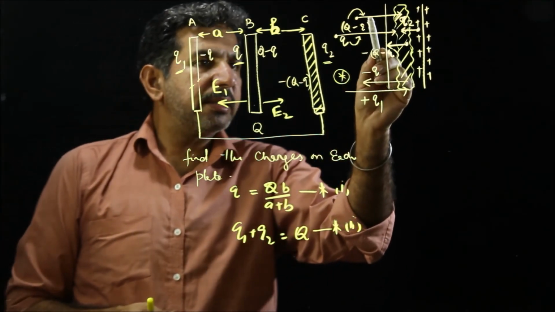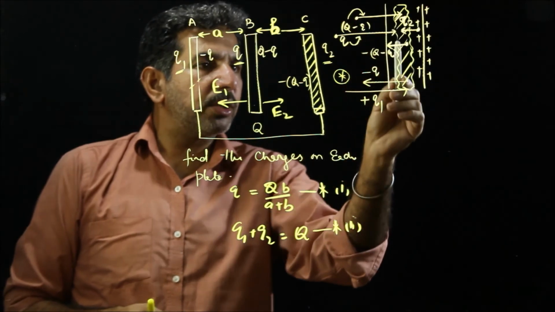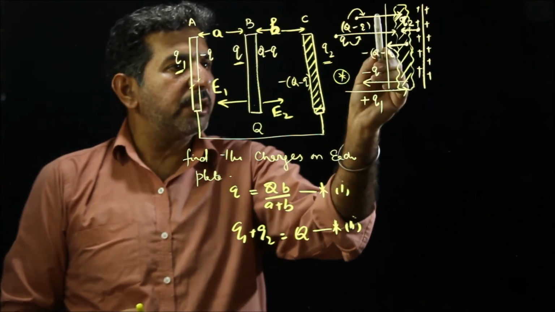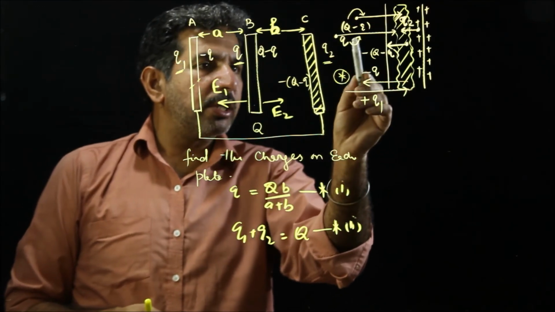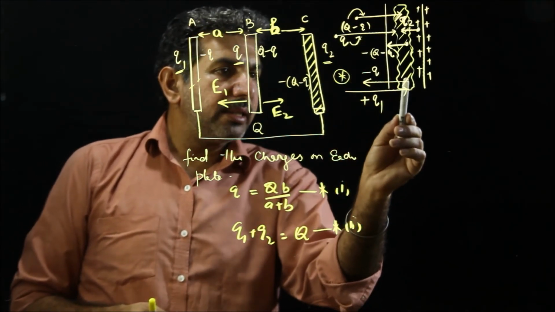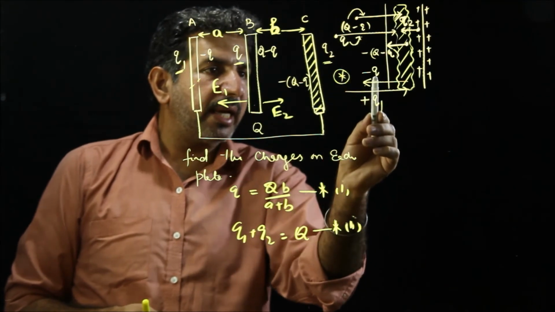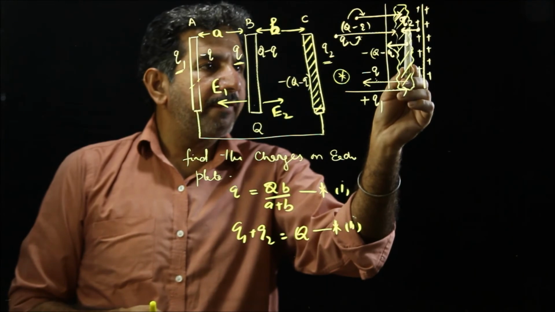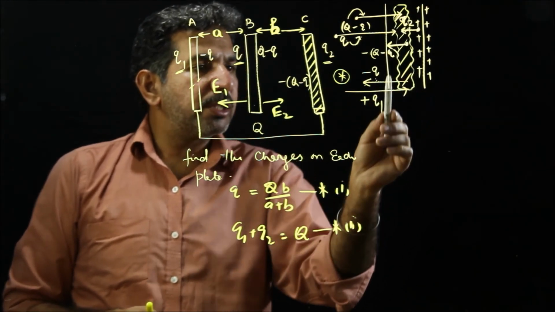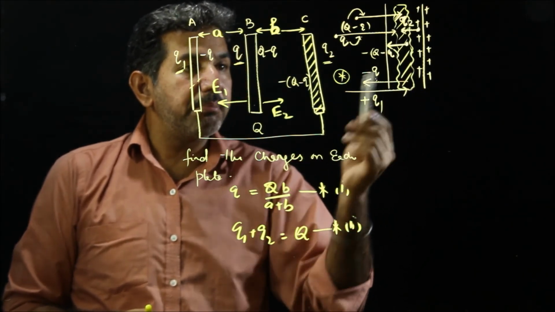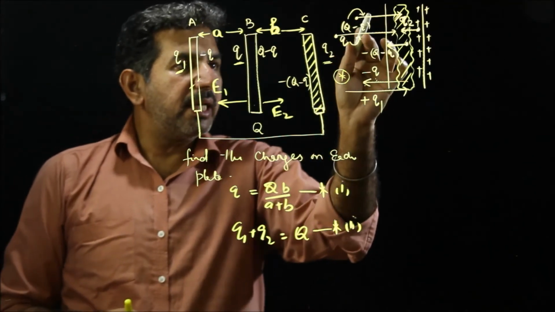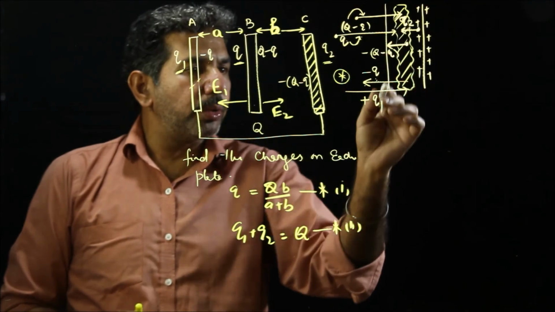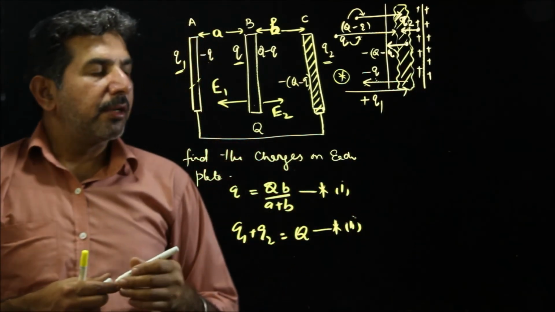And this is because of Q minus q, and this is because of minus of Q minus q. These two electric fields are opposite to each other, and this is because of q, and this is because of minus q. It means again these two are opposite to each other. What is left? q2 and q1, which are again opposite to each other, means these electric fields are going to cancel each other, and this q2 and q1, which are opposite, will be left.